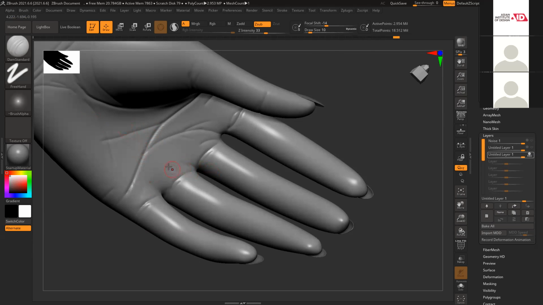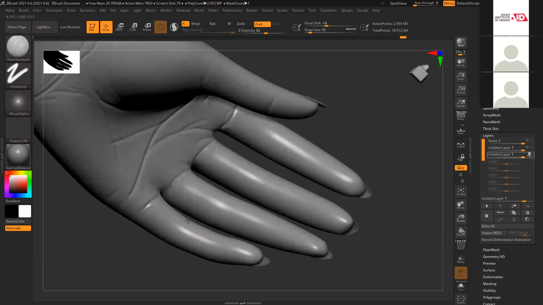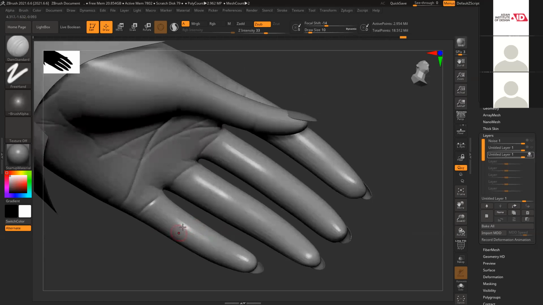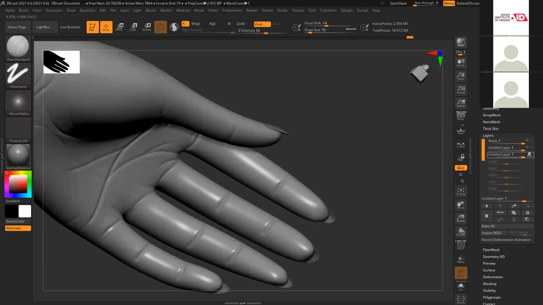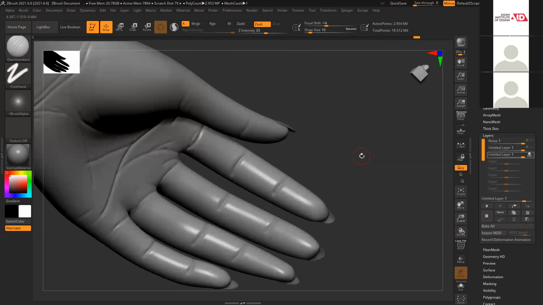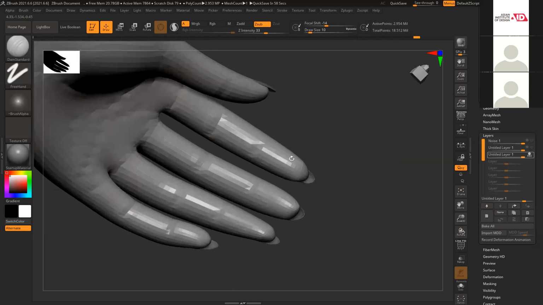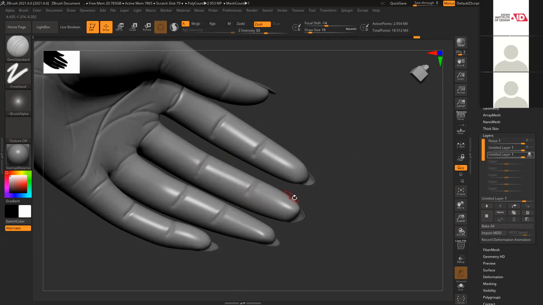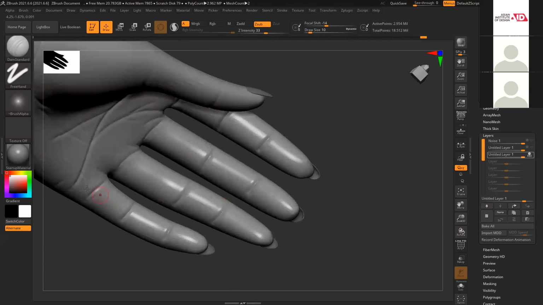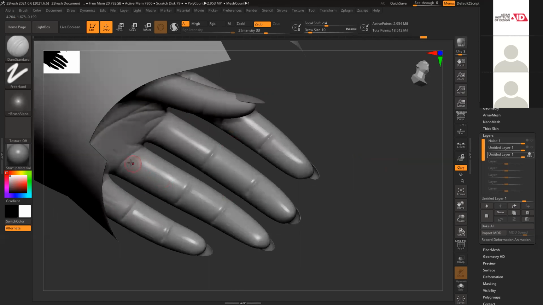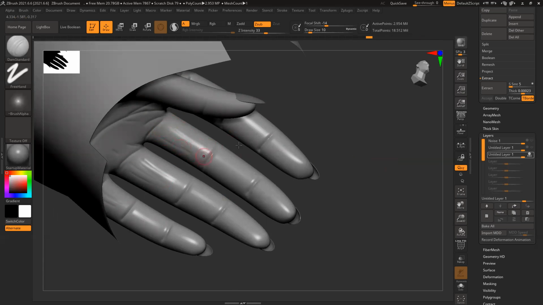Some random lines here and there. So for creating this, I'm referring to my own hand only.